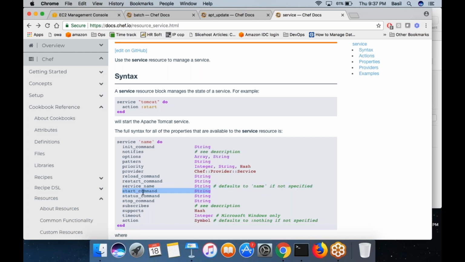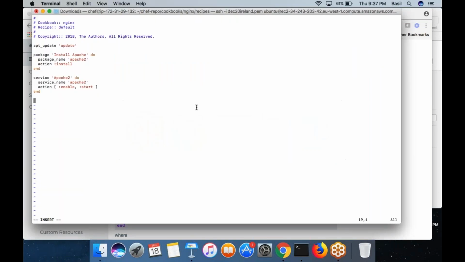If you want to, you can put a start command. Then this command would be used when you do the action start. I can put something like this. But chef is smart enough. If I don't put this, chef is smart enough to understand.